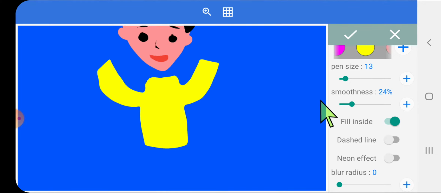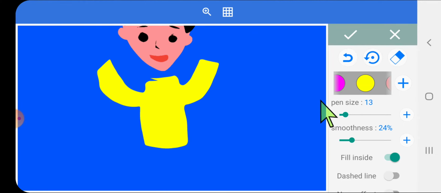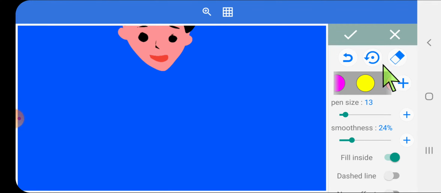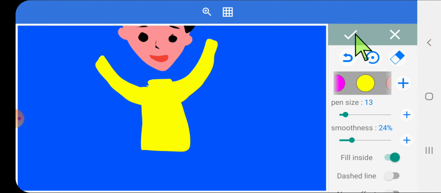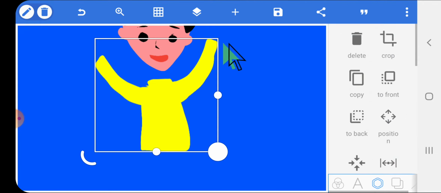I am not much happy with this. Let's use this option and draw again. Let's draw the abdomen first and then let's draw the sleeves. Okay, this looks nice.